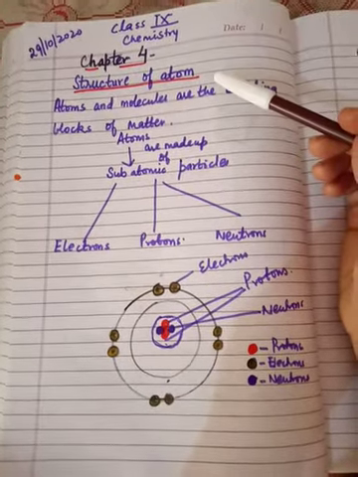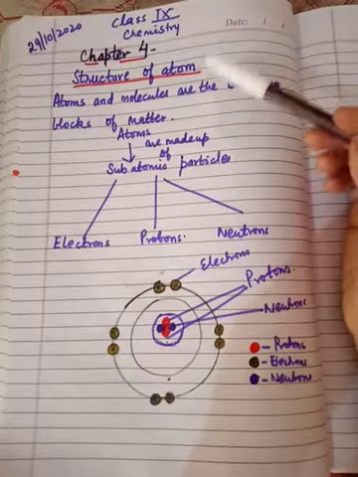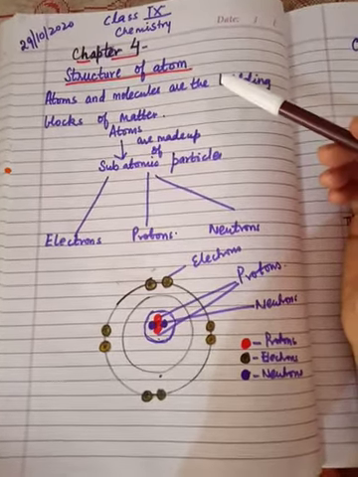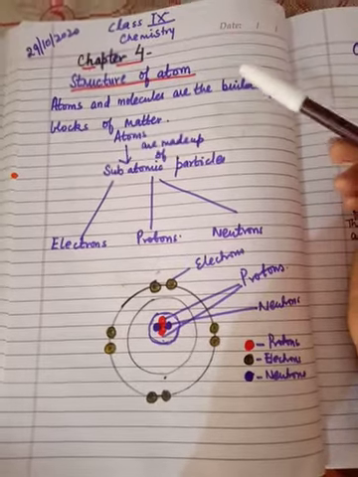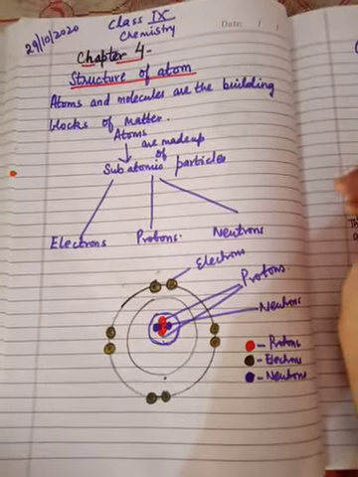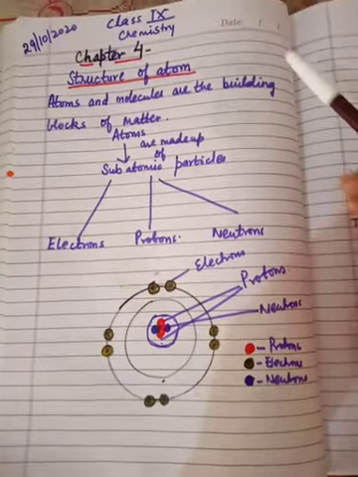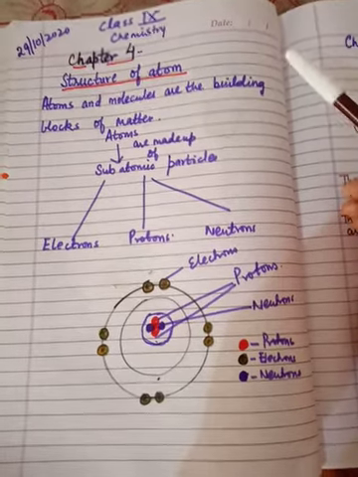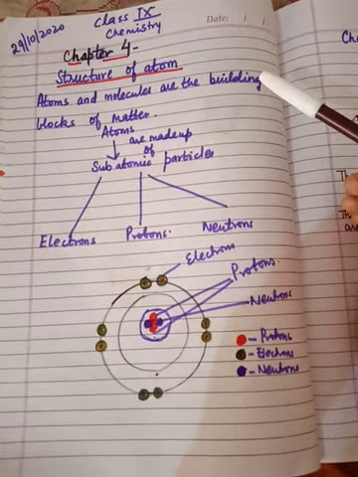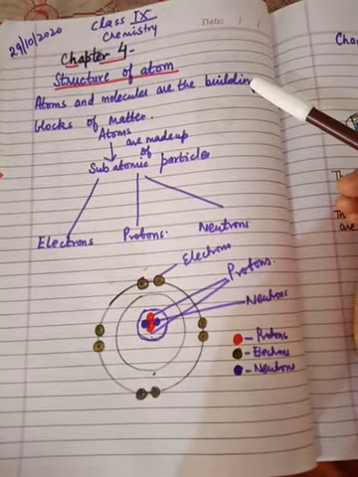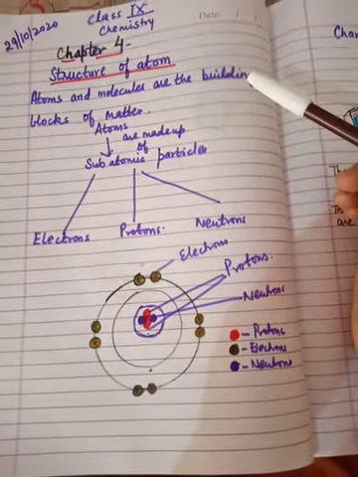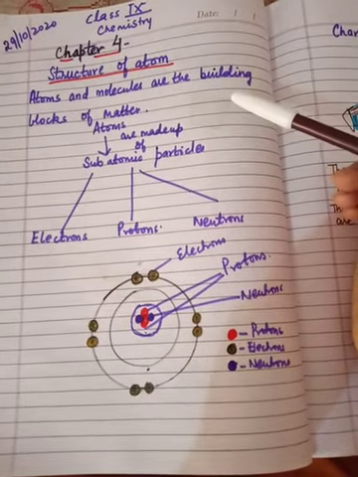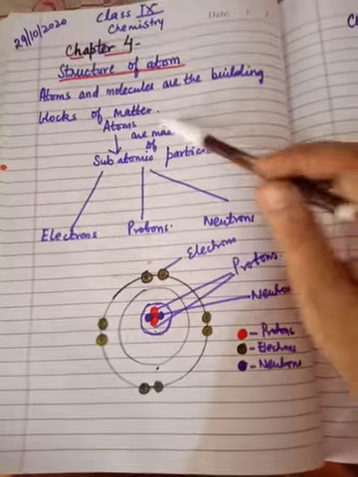The existence of different kinds of matter around us is due to different types of atoms and molecules present in them. For a long time, it was thought that atoms are indivisible, so they do not have an inner structure. We now know that atoms are divisible and they do have an inner structure. Atoms have smaller particles in them, which are known as subatomic particles.